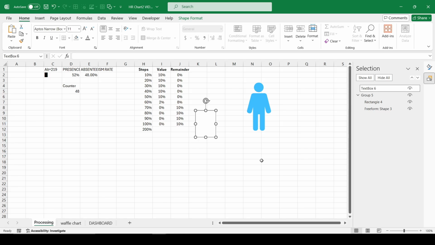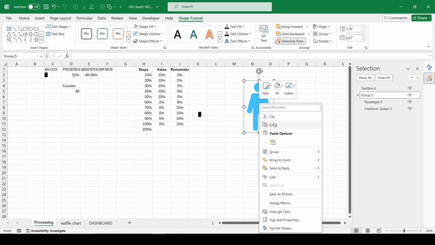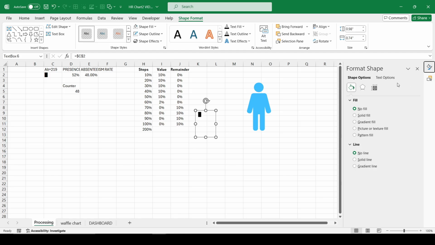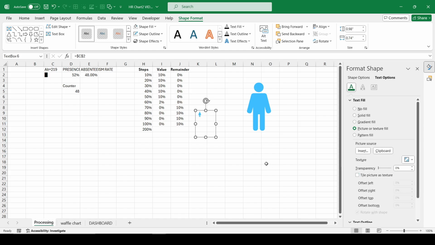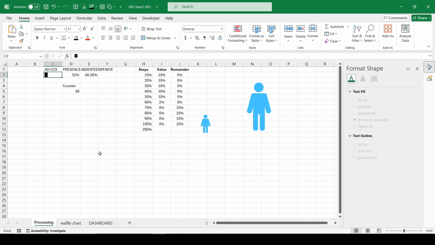Create a text box object and in the formula bar, link it to cell C2, where the rectangle special character is located. This will be used as the source of values for the text box during the setup and testing stage. Copy the group of shapes with the person icon to use it as a background image for the special character in the text box. In the text box formatting settings under Text Options, use the picture from the clipboard as the fill. Adjust the font size. Now, if cell C2 contains the special character, this will be the content for the text box, and if cell C2 is empty, the text box will also be empty.